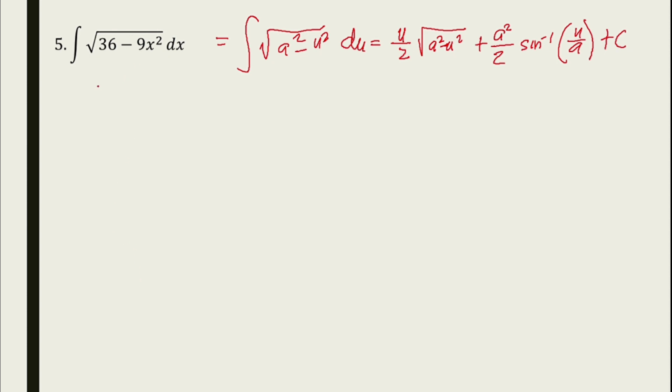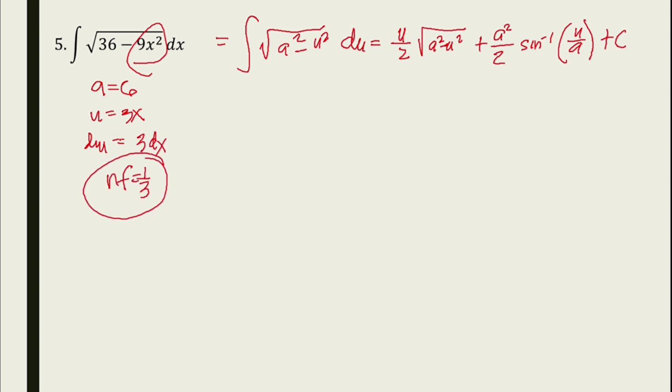So first thing that we're going to do is we need to find our a, which is 6. Our u is equal to 3x, of course, because it's 9x squared. Our du is equal to 3 dx. Therefore, we have here the neutralizing factor of 1/3. So we have to write it first here. What is our u here? Our u is equal to 3x